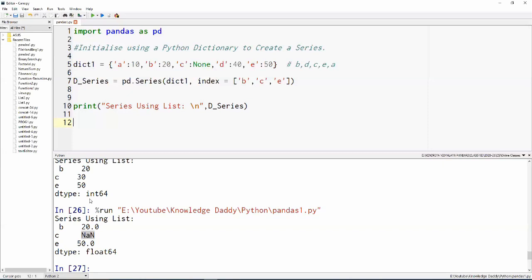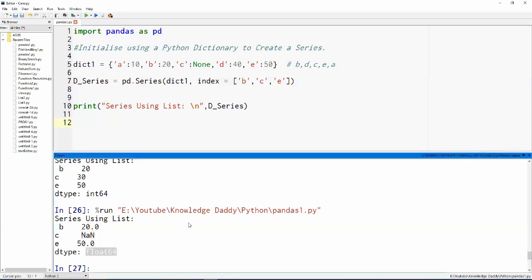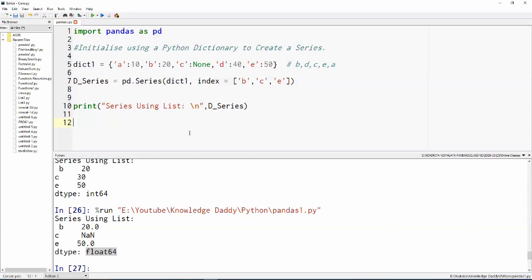But here we see that we have values as well as empty values in the same series. So how are we implementing this? How is Python understanding that this is an empty value and still able to create a data series? You see that here the data type has been shown as float64. This is a very important point to note. The data type is shown as float64. Now, where have we seen this before?